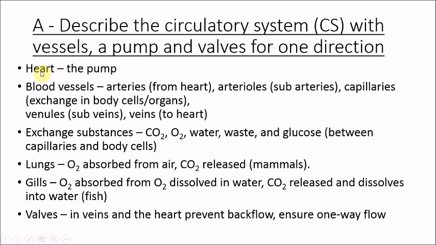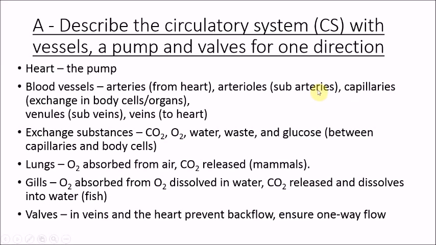The first thing you've got in the circulatory system is the heart, which is the pump, pumps the blood around. The blood vessels are like the tubes that the blood travels in and around. Arteries go from the heart. Arterioles are like smaller versions of the arteries, and they go from arteries to capillaries. Capillaries are used for exchange between the blood vessels and the cells that need the contents of the blood, like